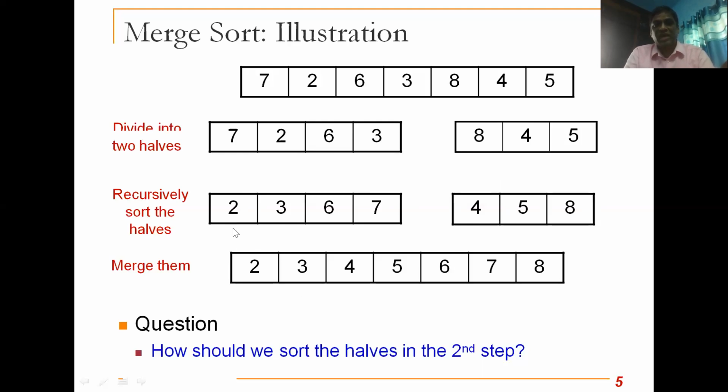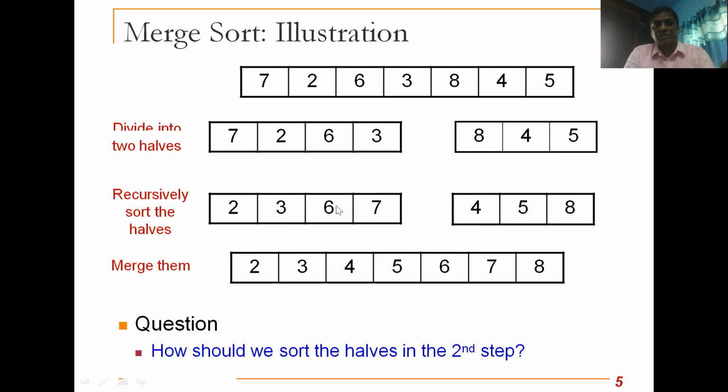While merging, the actual sorting happens. So out of these two lists, you compare them. 2 is compared with 4, because 2 is the least element, you get it to here. And then because 2 is already stored here, you move to the next element. Again 3 will be compared with 4. 3 is least, so 3 comes over here. Again 6 is compared with 4. This time 4 is least, so 4 comes over here, and the pointer moves here.